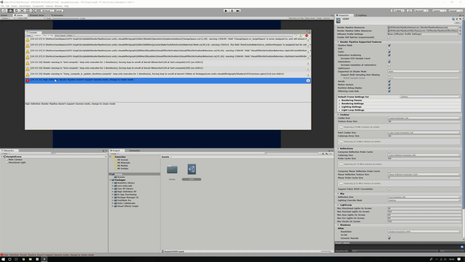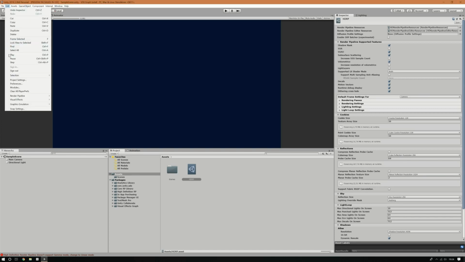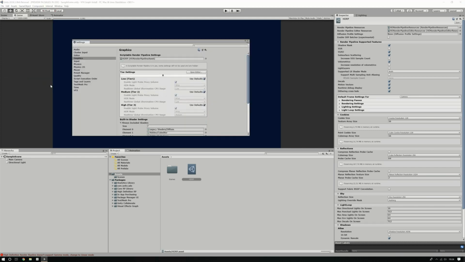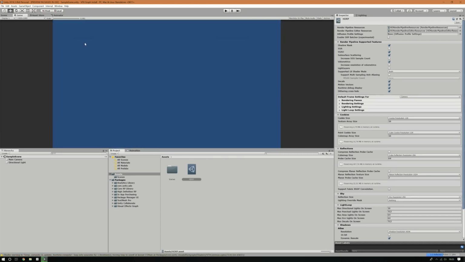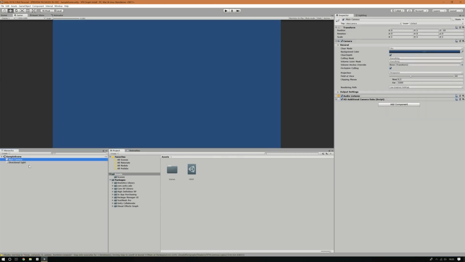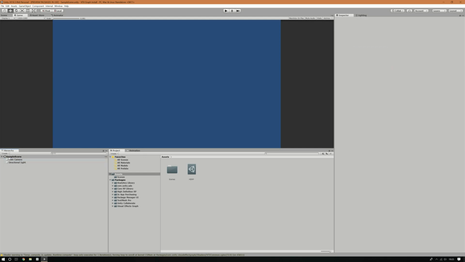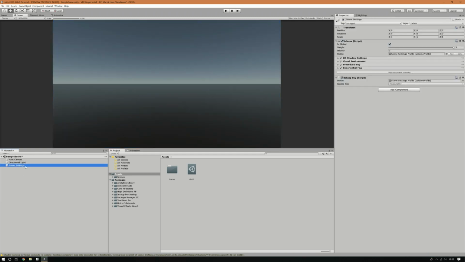When working in the HD render pipeline, you have to change your color settings to linear. Go to Project Settings, Player, Other Settings, and change from gamma to linear. Then also add a scene settings object from rendering scene settings, which will contain your skybox and other settings for